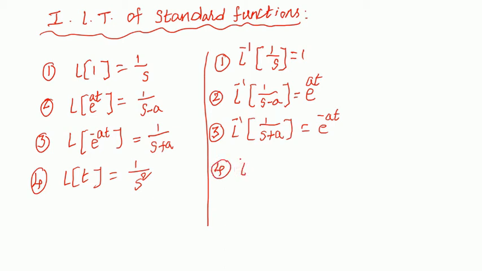L inverse of 1 by S square is equal to what? It is t. So L inverse of 1 by S is 1, and L inverse of 1 by S square is t. Right. Fifth one,